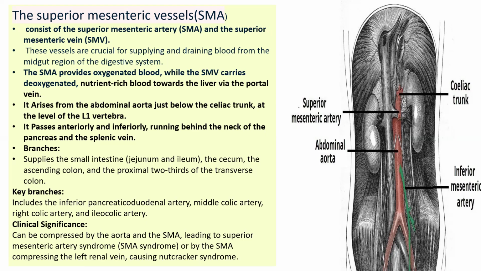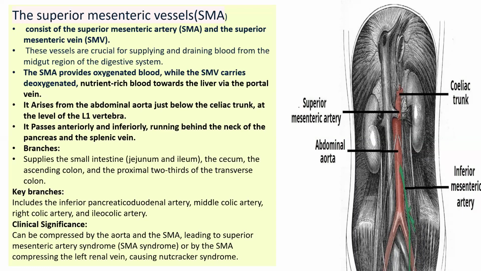So it arises from the abdominal aorta. Image is given. It arises from the superior mesenteric vessel. It arises from the abdominal aorta. The aorta, as you know, is a big trunk which transports blood to different body parts through arteries and arterioles. So, in the abdomen also there is an aorta. So, the superior mesenteric vessel